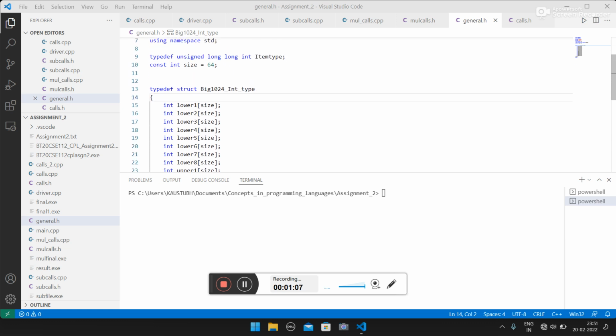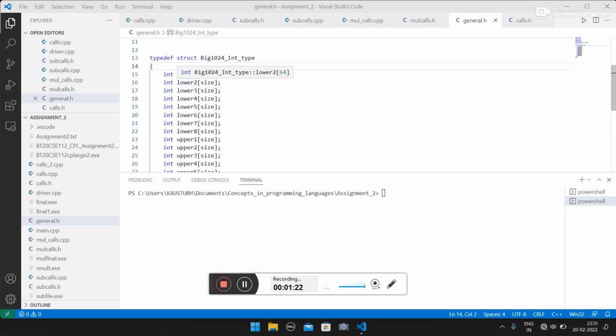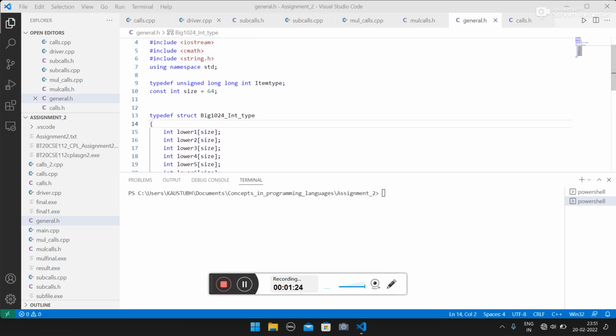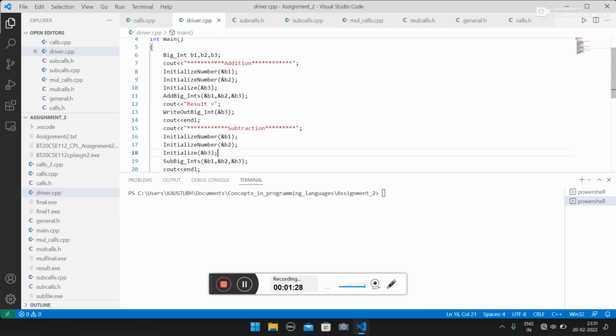For example, this will be lower 1, then lower 2, then lower 3. So the most significant block is upper 8, and the least significant block is lower 1.